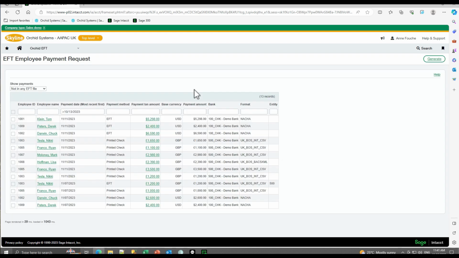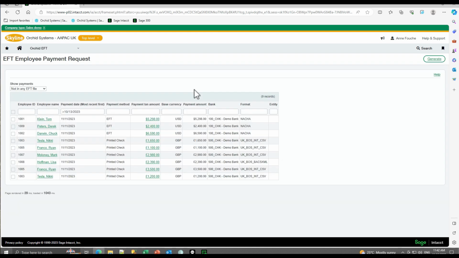So this screen shows you all those payments that have been made to employees who are configured for EFT processing and using banks that are configured for EFT processing. So we have these payments ready to be sent via EFT to the bank. I will show you later how to configure an employee for EFT processing and how to configure a bank for